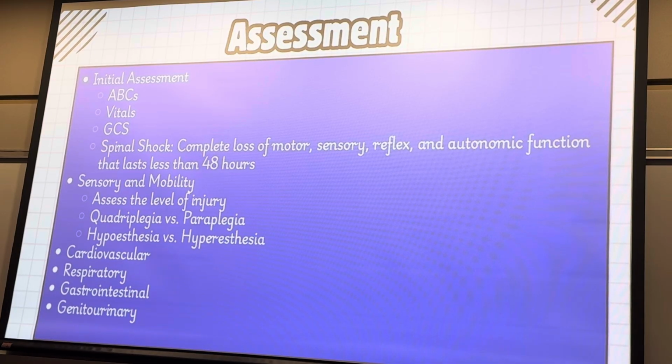GU. The GU is really going to focus on that bladder and that bladder control. Usually with your high thoracic and going up into your cervical injuries, that's really going to spare the lower spinal reflexes, but it's going to cause a spastic type of bladder. Real tight bladder. They're going to hold on to urine often, have big urinary retention.